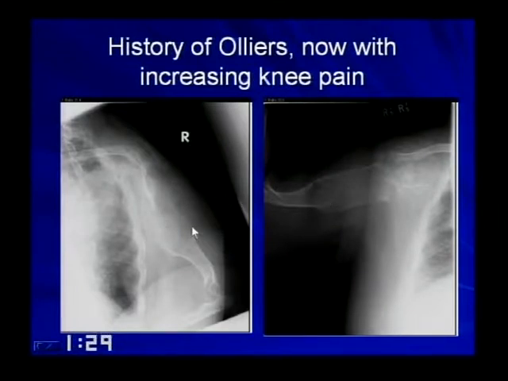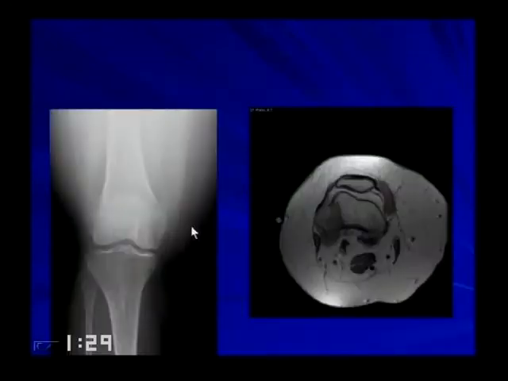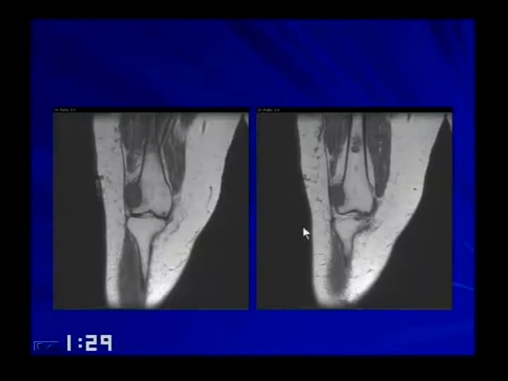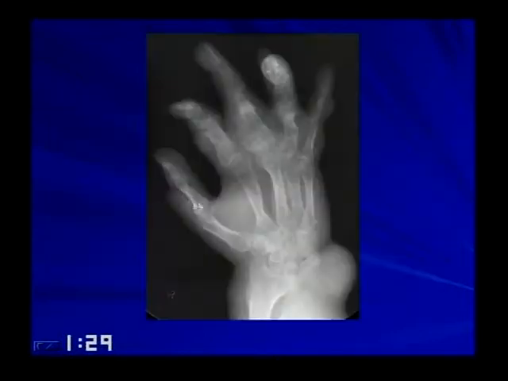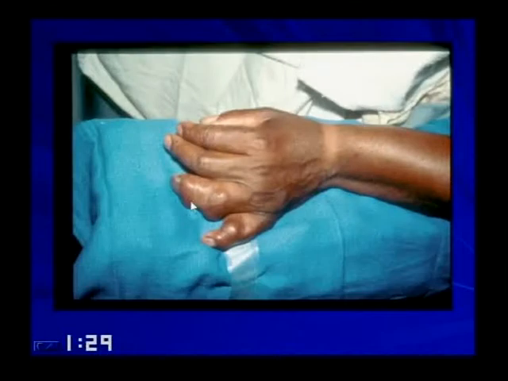That wasn't so bad. What was bad is that she also had this lesion in her distal femur that was malignant. So she had Ollier's disease that developed malignant transformation into a chondrosarcoma. If you look at her MR, here's her chondrosarcoma. That's a benign enchondroma. This one's breaking through the cortex. Here, this is a patient with Maffucci's, multiple enchondromas in the hand, and soft tissue hemangiomas that you recognize by the multiple phleboliths. And there's a plain film.